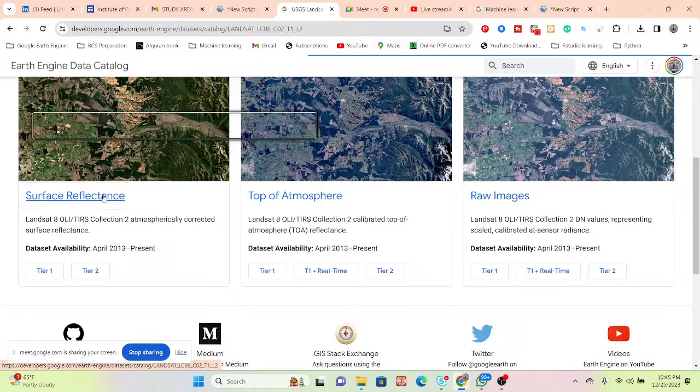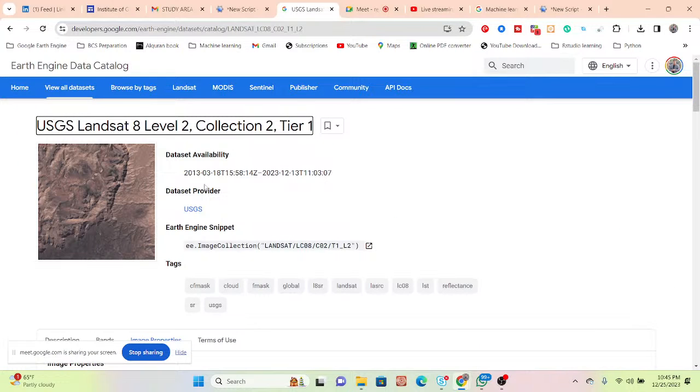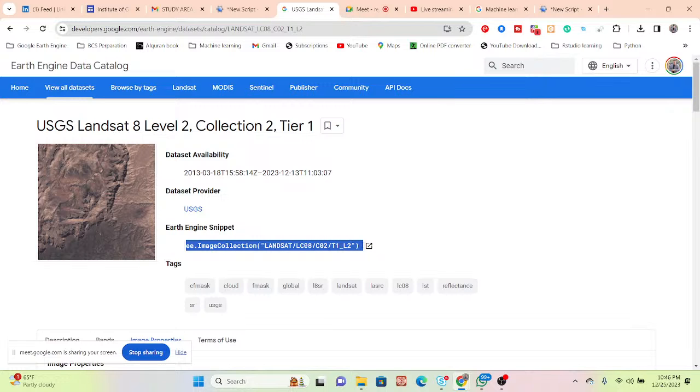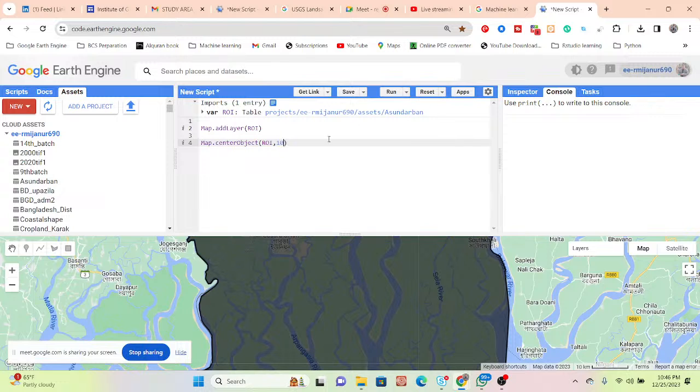We are using the surface reflectance, and we can get the two time periods, as it's available for 2013 to 2023. So we can get the image for 2013 as well as for 2023 using this image collection. I simply copy it from here, paste it, and give a variable name, suppose Landsat.